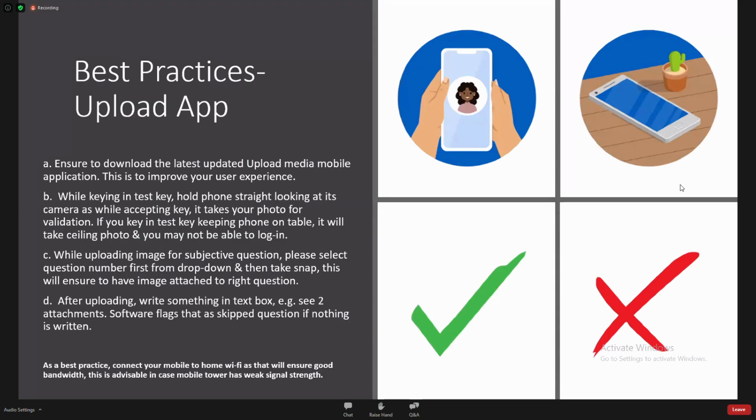Now, while taking the test on the upload application, whenever you put your test key in, ensure you are holding the application properly, facing your face. Because whenever you enter into the application, a facial map always happens and checks that you are the one using the application with the test. So you have to keep it held against your face itself when you're logging in, so that you can be authenticated. These instructions are available to you.